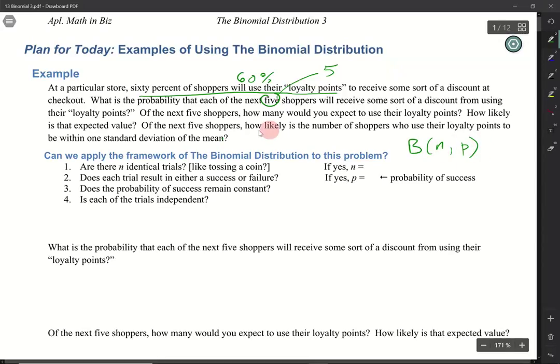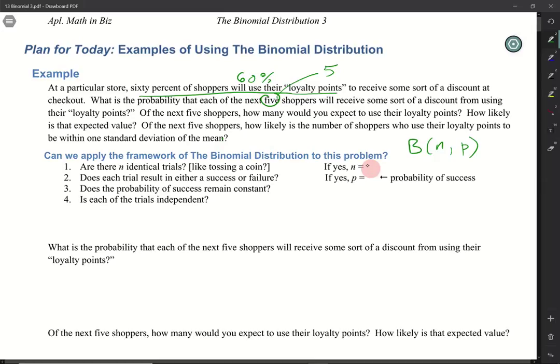So here, are they identical, like the next 5 shoppers? Okay, you assume that all 5 of the shoppers are independent. So we'll say, yes, they are identical. So how many repeats are there? How many trials are there? There are